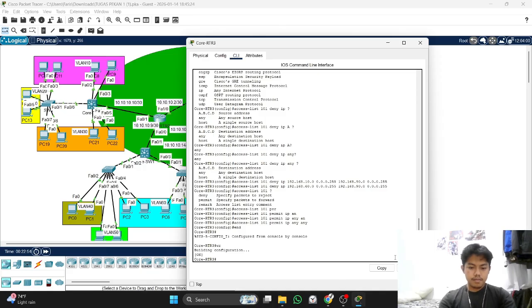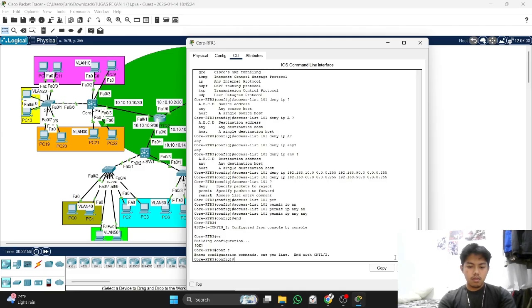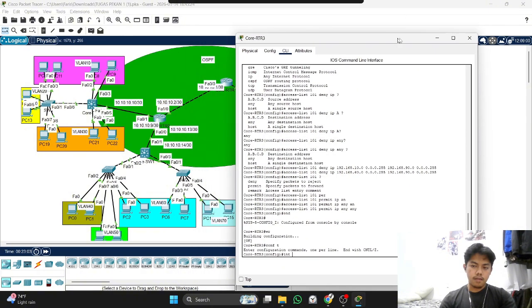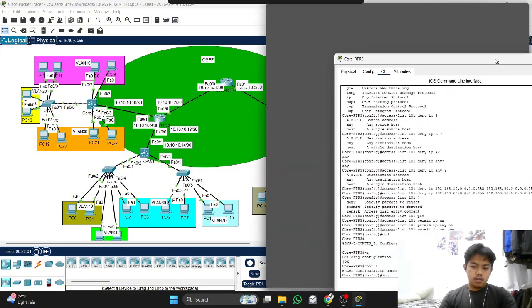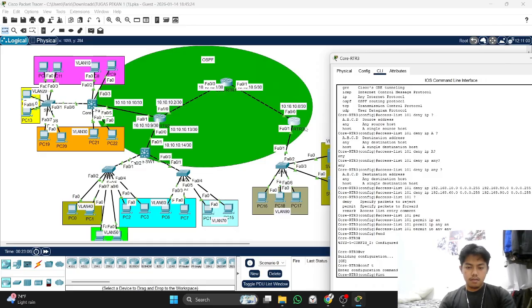After this, you go to the global configuration, and then you go to the interface that goes to all servers. That's this interface.